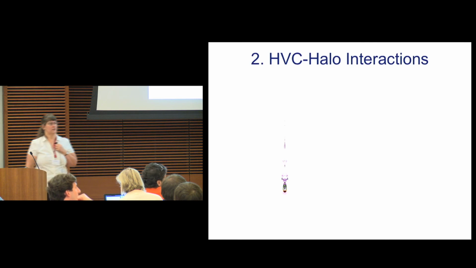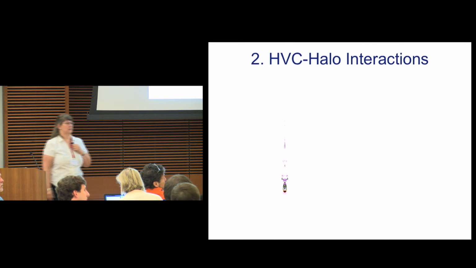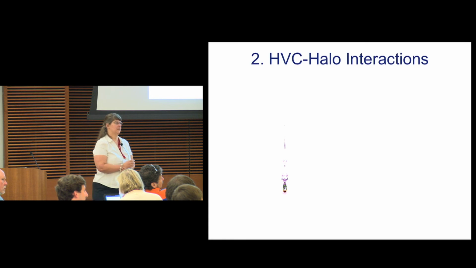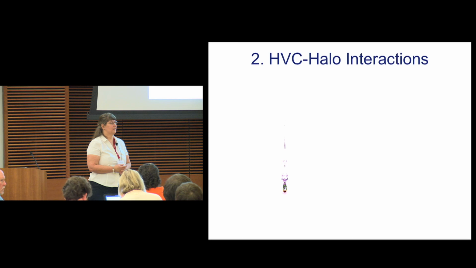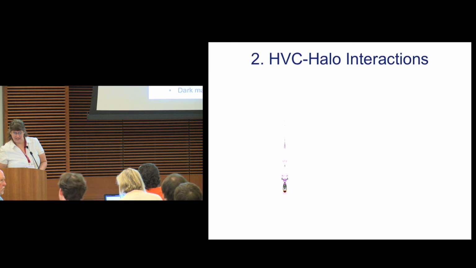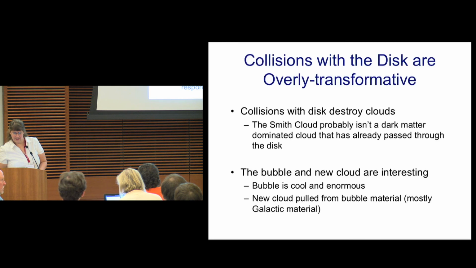Just one more question right there. Good job. So if the talk had been in the reverse order, I would have been totally convinced this was an extragalactic cloud with all that. But the first part of the talk convinced us that that couldn't be right, because you showed us that trajectory, it had to go through the disk, and the disk would have destroyed it. So how do you reconcile that?